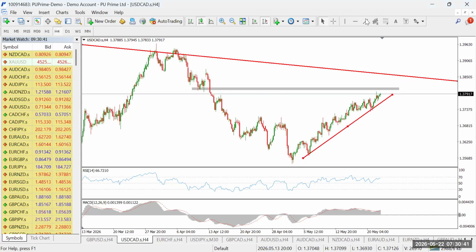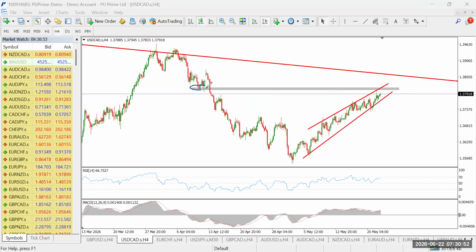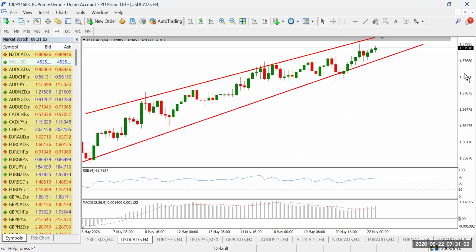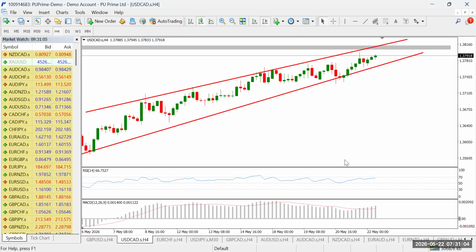But the eventual move will be determined by the Canadian dollar news this afternoon. So if you are not on a running trade on USD CAD, I would rather advise you wait till the release of data from Canada this afternoon. Like I said, because of this support turned resistance, we can clearly see there is a kind of rejection candle earlier on the 4 hour. There's a slight rejection candle here. So price may just hit this resistance and drop a little. That's what I can see for now.